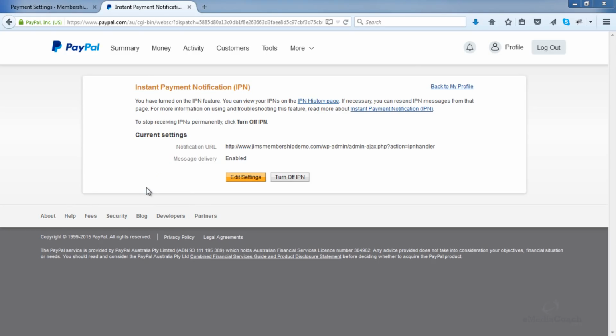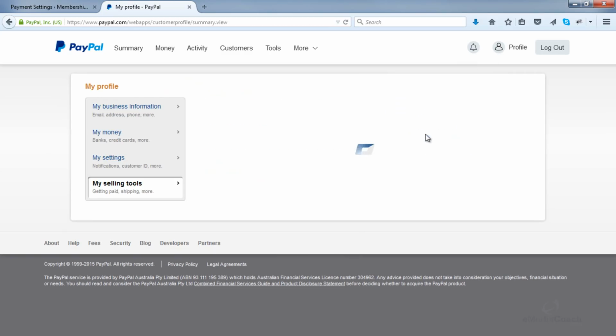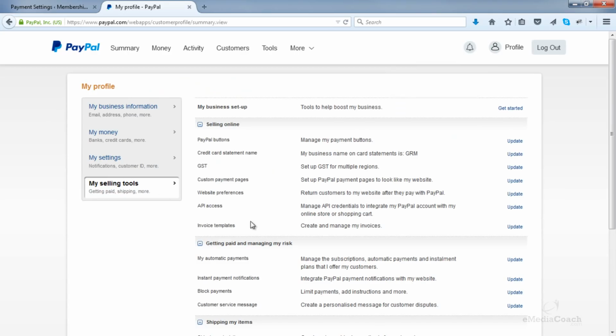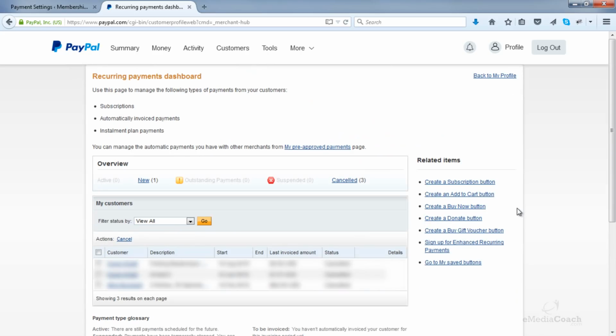Cool. Now the next thing we need to do is enable our recurring payments module. So to do that, back into the Profile area, Profile and Settings, in My Selling Tools, look for your My Automatic Payments section and then click on Update. This will allow you to manage the automatic recurring payments from your membership subscribers.